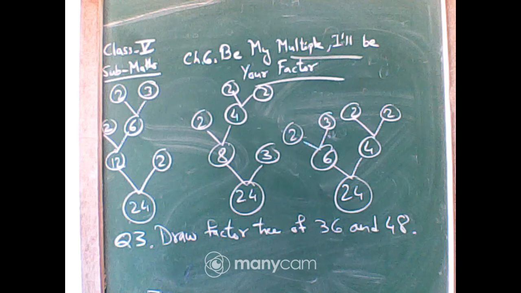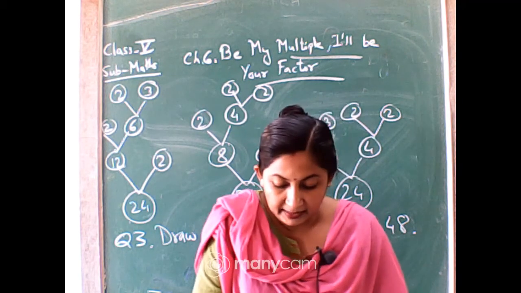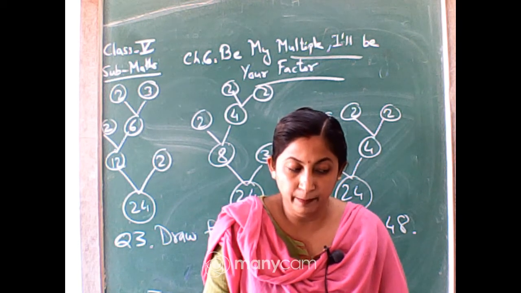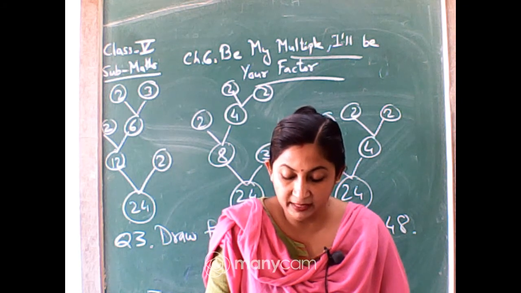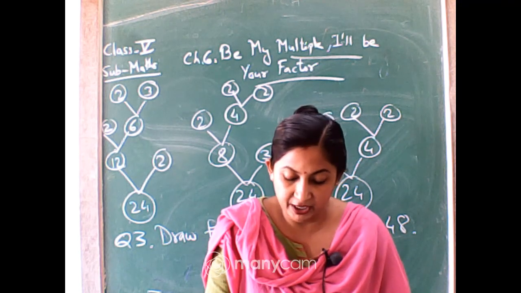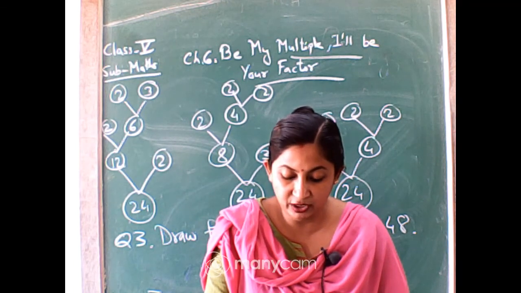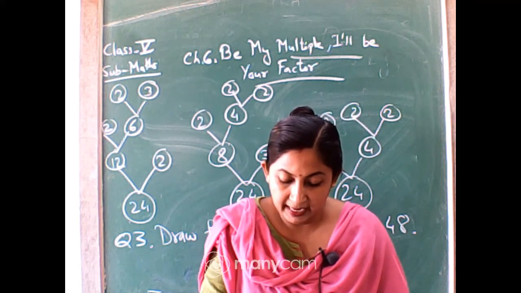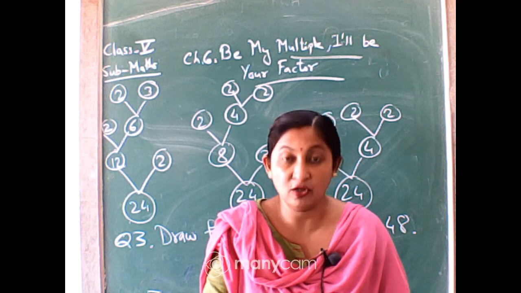Clear? Now come to the next question. Tiling problems. There is a garden in Anu's house. In the middle of the garden there is a path. Using tiles of length 2 feet, 3 feet and 5 feet, the mason tiled the first row with 2 feet tiles, the second row with 3 feet tiles and the third row with 5 feet tiles. The mason has not cut any of the tiles. Then what is the shortest length of the path?